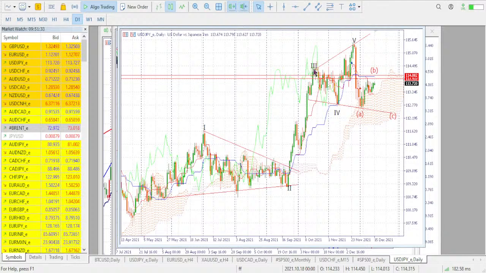We had a resistance here. We had a resistance here. We had a support here. We had a support here. And we had a support here. So other than this shape here, we also have another level in between this one,